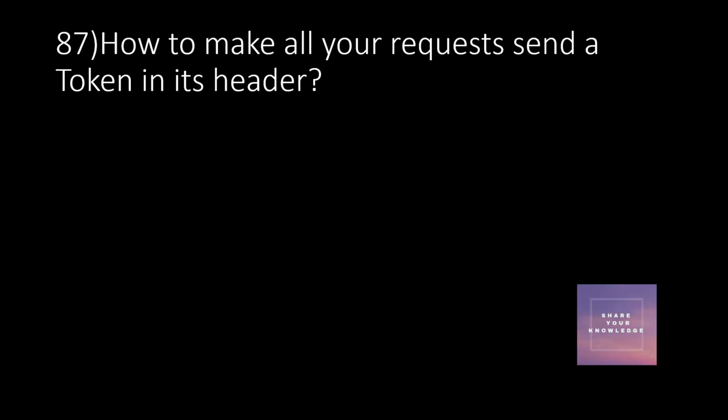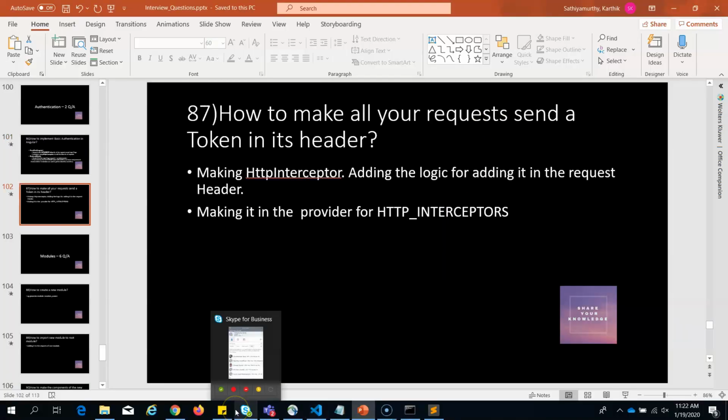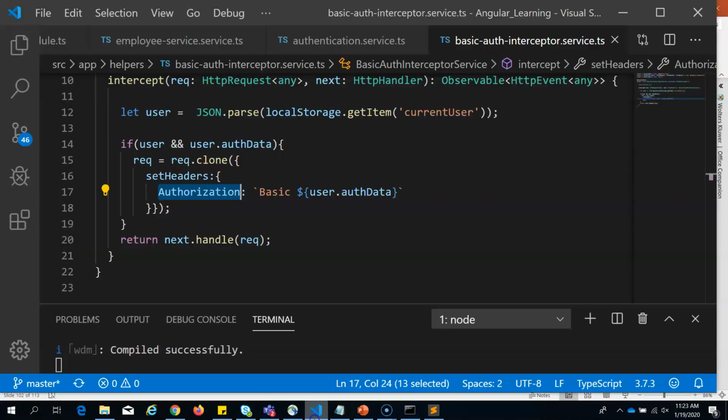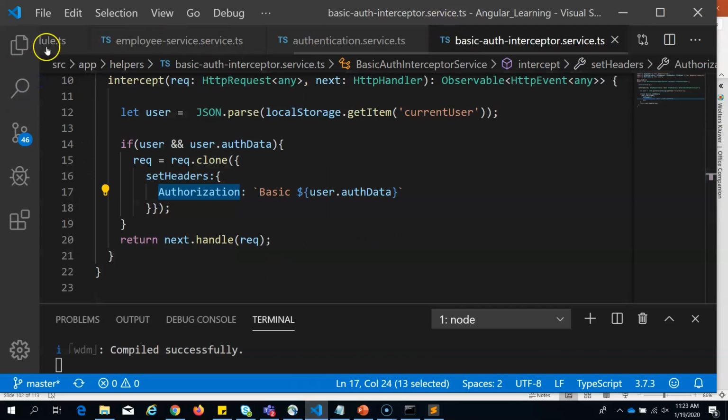How to make all your requests send a token in a header? I already mentioned we use an HTTP interceptor. An interceptor is something which is in the middle. Before the request goes out to the backend, we intercept the request using HTTP interceptors. For doing that, we just need to add this